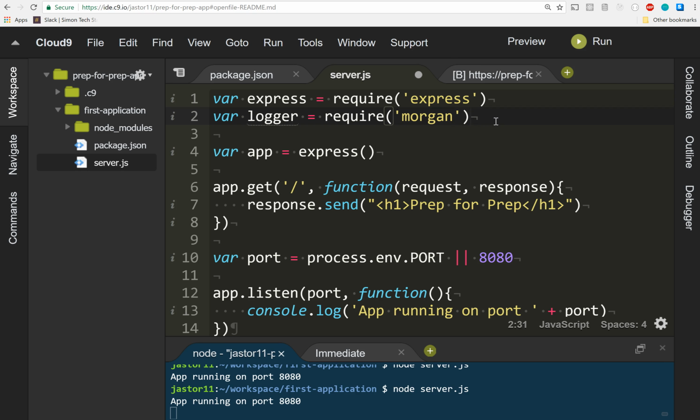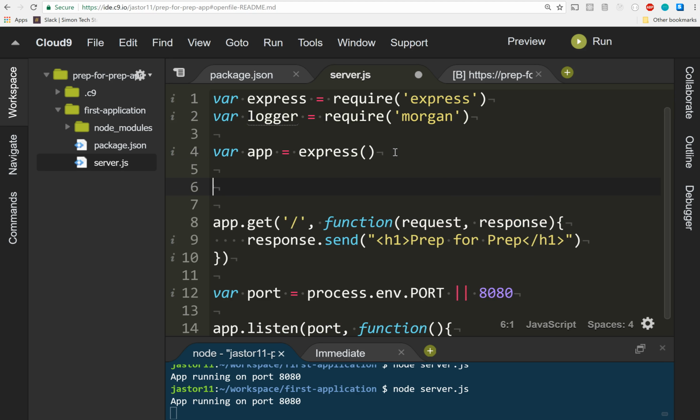What do you think Morgan does? It logs things. How'd you know? Mehrab, how did you know? Because he's a lumberjack. Logging. No, it's not that kind of logging. It's going to store information about what's going on inside your app, and it's going to display it down here. All you have to do to make that work is say